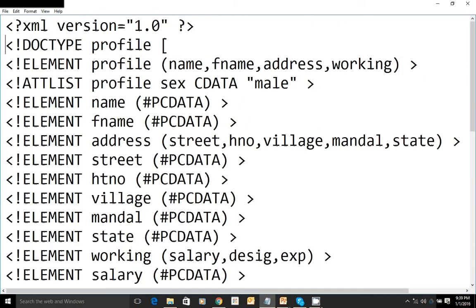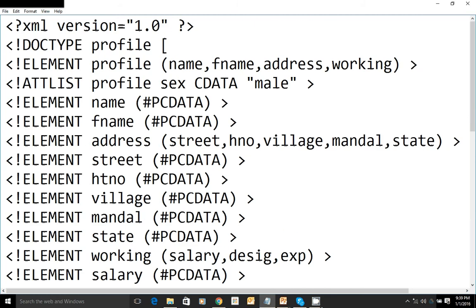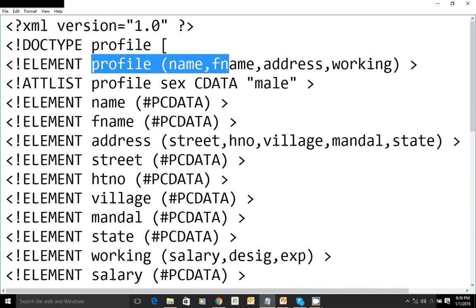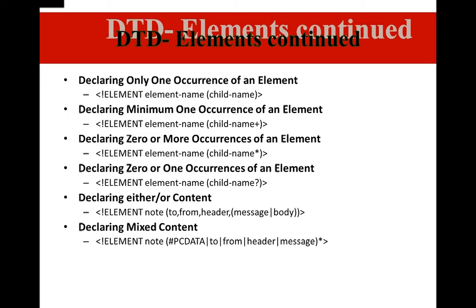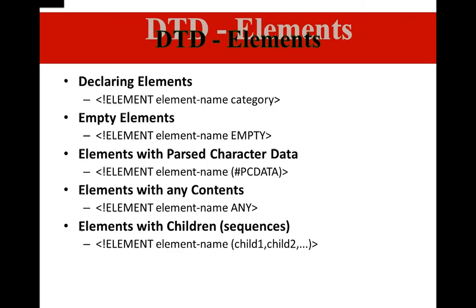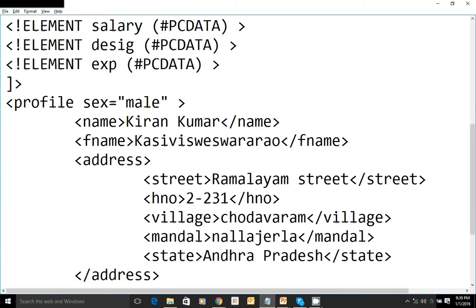Coming to these elements, we find two different elements. One is the element which contains child elements, the other is the element which contains PC data. Other than this, we have so many. Let's look at those. So empty elements are there. Sometimes you find elements without data. Let's say